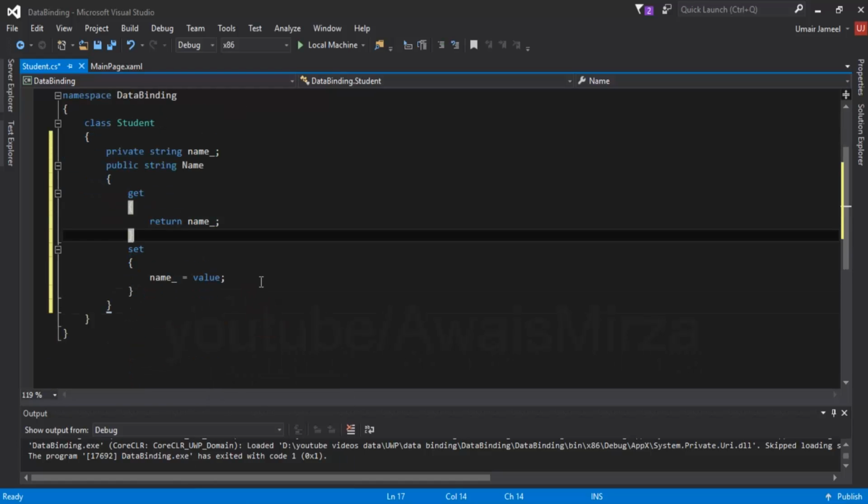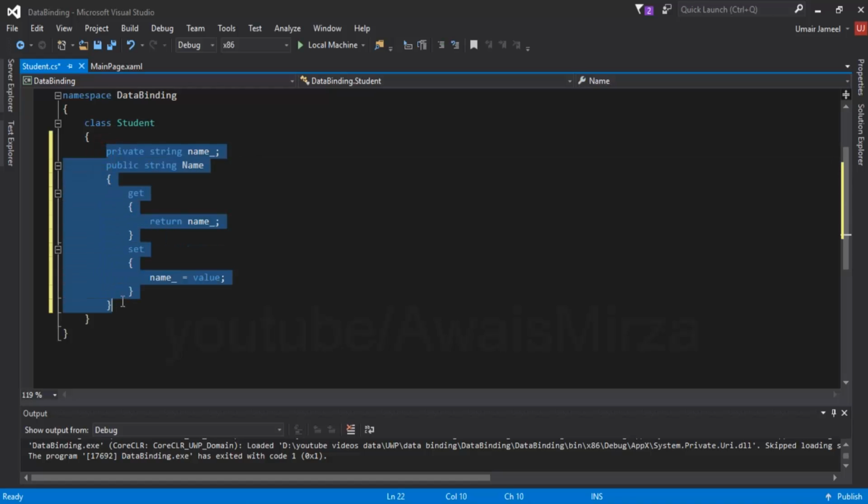Alright, I hope that you already know C#, because I'm not going to be explaining what's going on. This is the getter and this is the setter, and now I need to copy this one